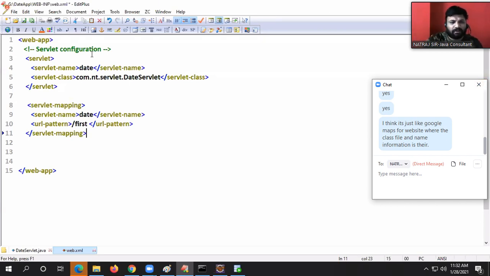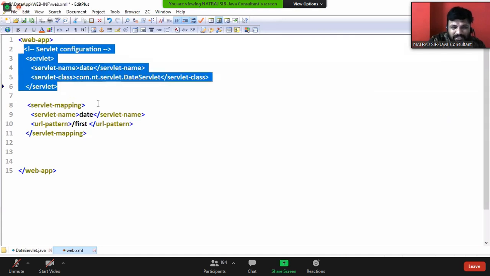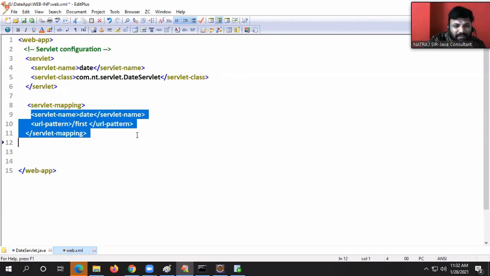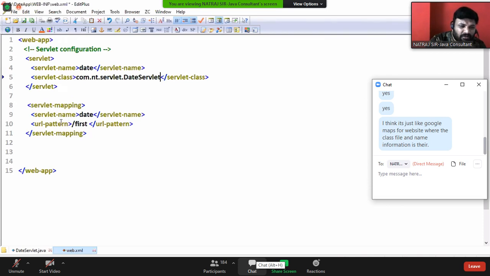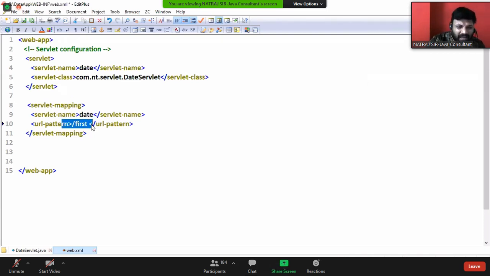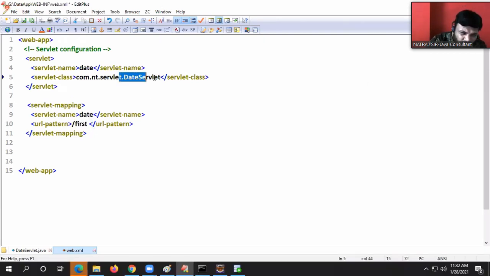Here is the servlet information, here is the mapping information. But how will this URL be linked to this servlet? How does the container know that whenever a request comes with this URL at the end, the request should go to this servlet? That's why this logical name should match.